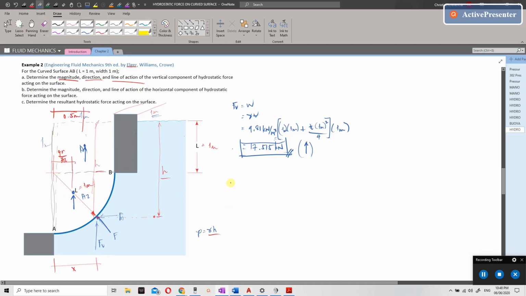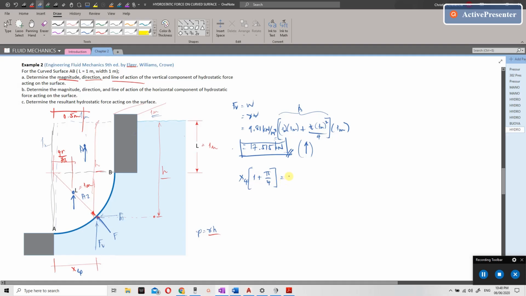So our distance x bar, or XCP, the center of pressure, our XCP multiplied by the total area, which is the same total area as earlier, 1 plus pi over 4. I will simplify it, so this will be equal to